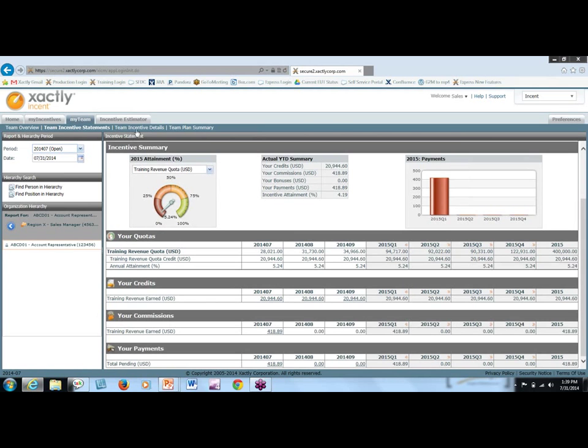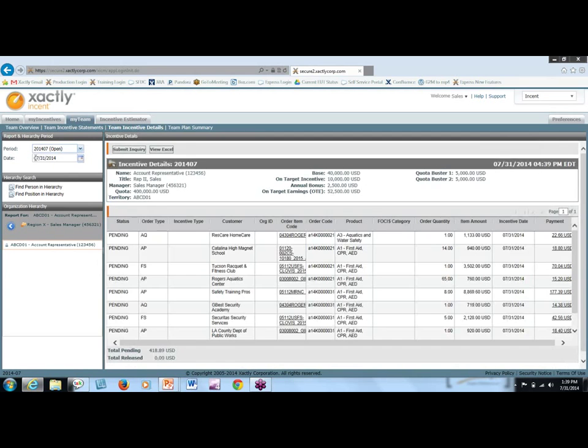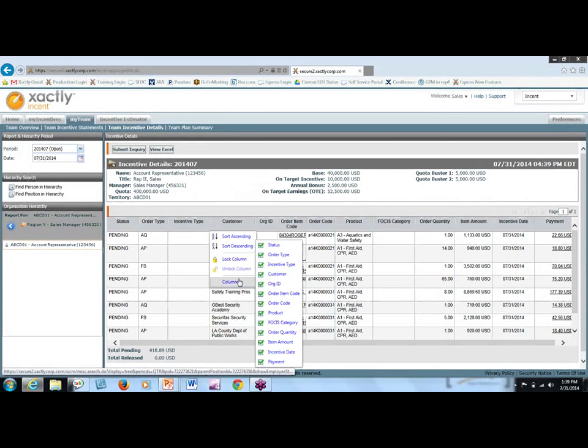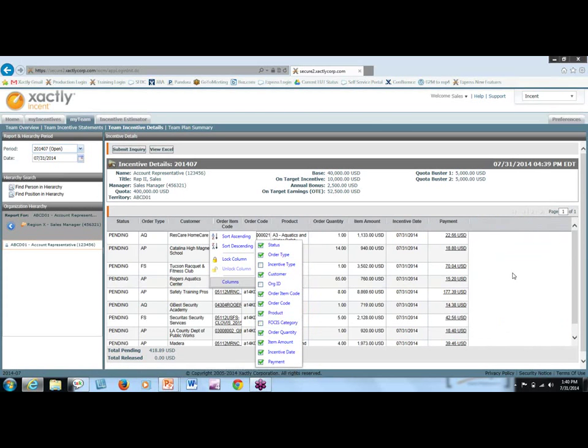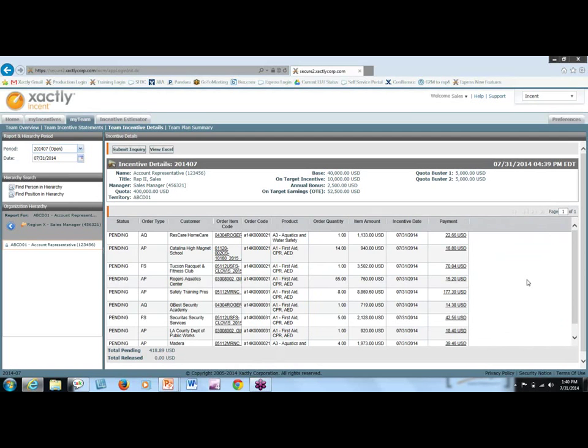I can also view the team incentive details report. So based on the month here that I've selected in the upper left and the individual that I've selected, that is the month and the user that I will be looking at for this report. I also have the ability to right-click on the headers to sort columns, lock or unlock them, and I can also make adjustments to the views of this report so I can see exactly the information that I want to